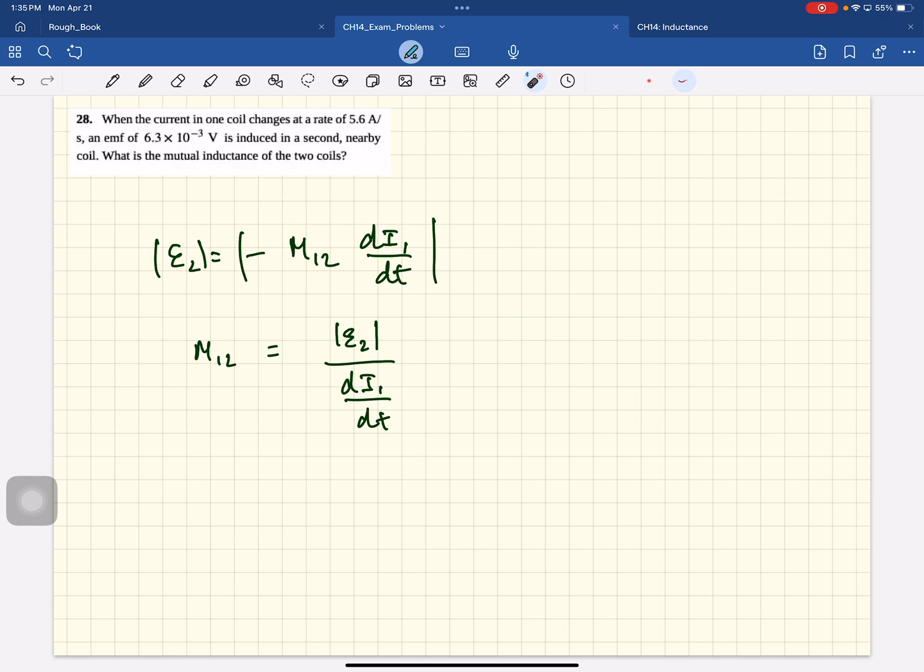And by the way, this is 6.3 times 10 minus 3 volts and 5.6 amperes per second. Okay, everything is in SI units. This combination of units is called a Henry. Okay, so the mutual inductance